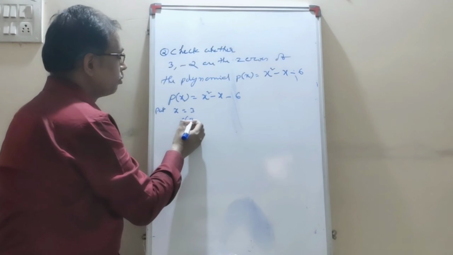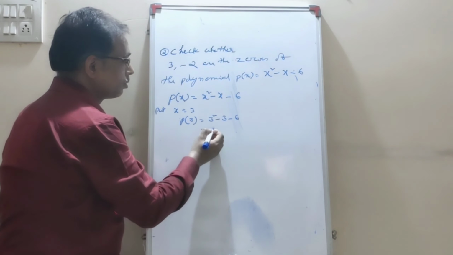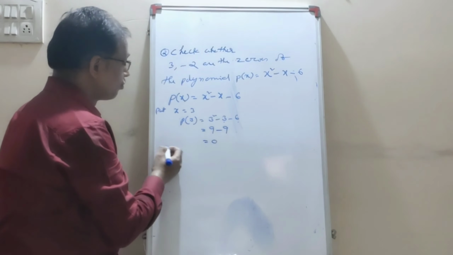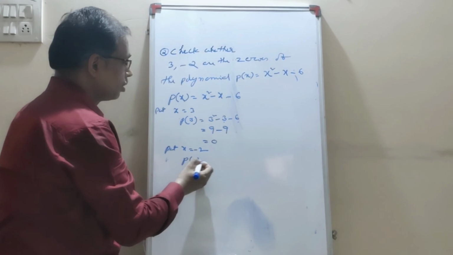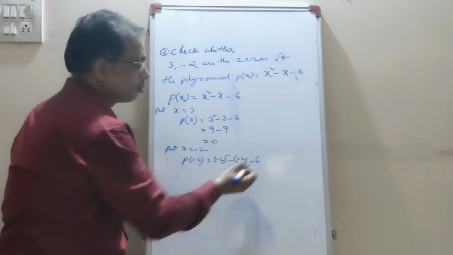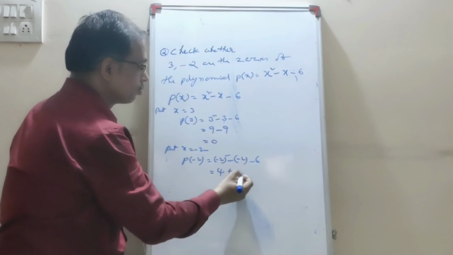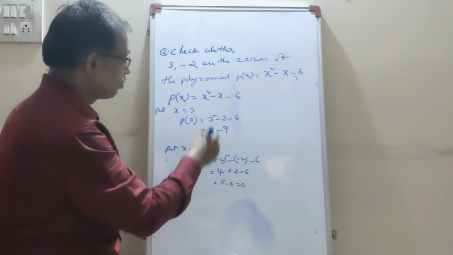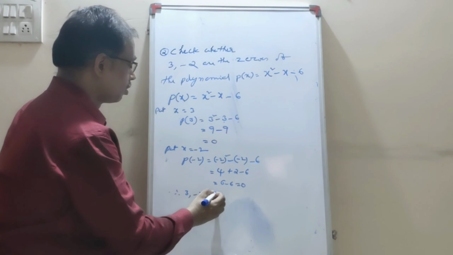Now we can write p of 3 equals 3 square minus 3 minus 6. 3 square is 9, minus 3 minus 6 is minus 9. 9 minus 9 is 0. Next, put x equal to minus 2. P of minus 2 equals minus 2 square minus of minus 2 minus 6. Minus 2 square is 4, minus of minus, plus 2, minus 6. 6 minus 6 is 0. So therefore we can say 3 and minus 2 are the